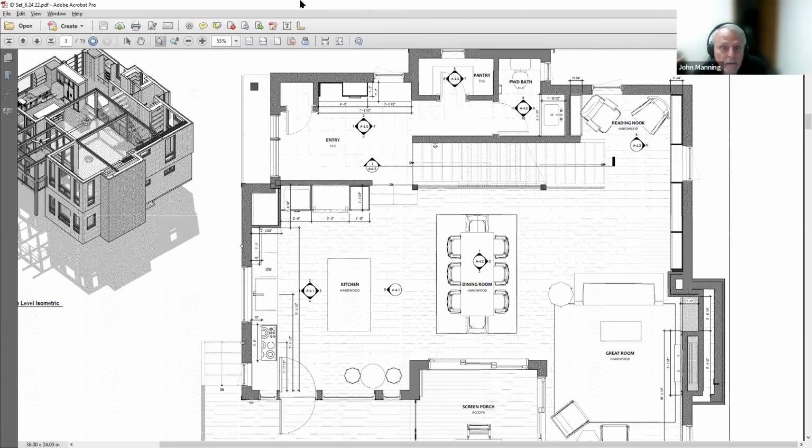Yeah, we currently are showing it in the rendering as a stone veneered piece to match the column in the kitchen. So we could keep that visual aesthetic and utilize that space. And that would be, I think, great from a vertical riser standpoint. But once you get up to